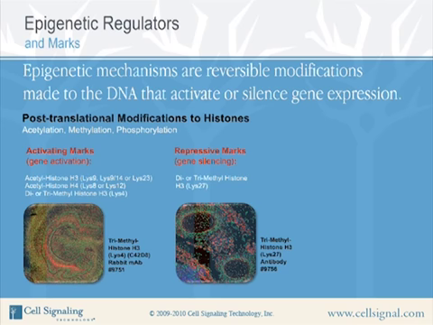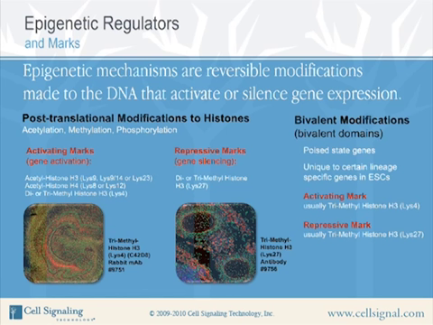A special case in the use of activating and repressive marks is called a bivalent modification or bivalent domain. Bivalent modifications occur on poised state genes and are unique to certain lineage-specific genes in embryonic stem cells. The poised state gene simultaneously contains one activating mark, usually trimethylhistone H3 lysine 4, and one repressive mark, usually trimethylhistone